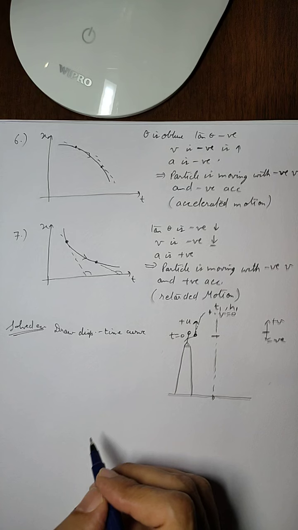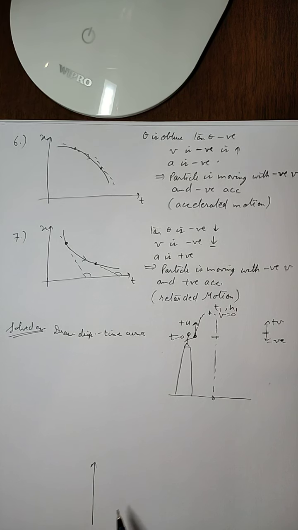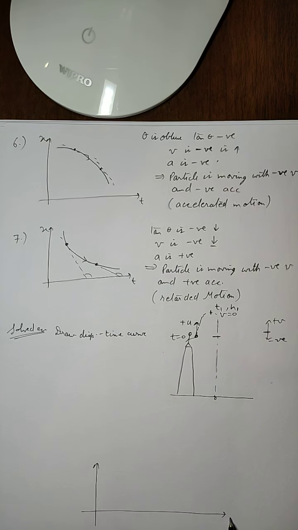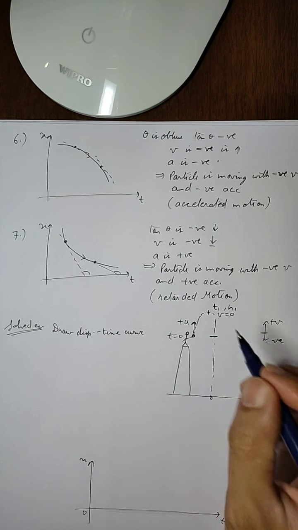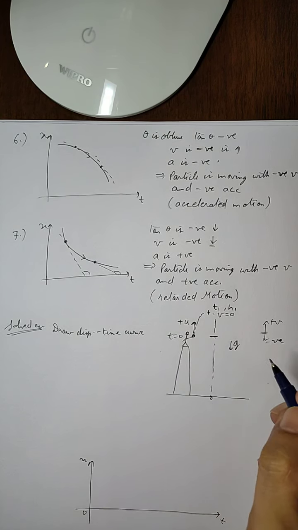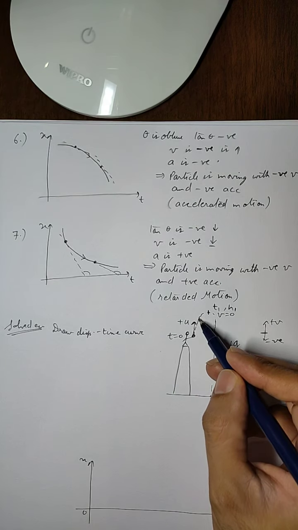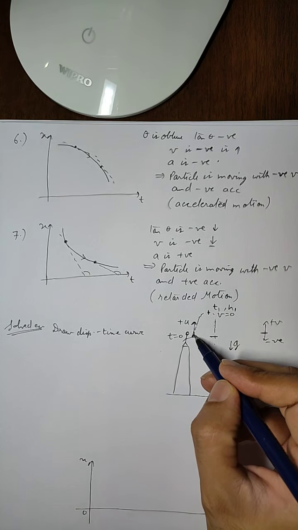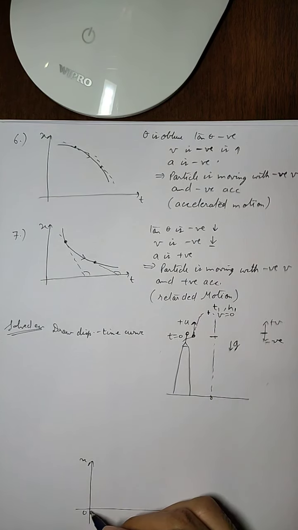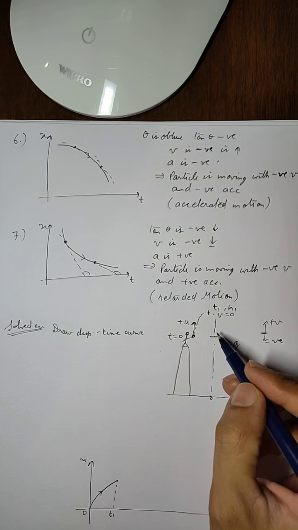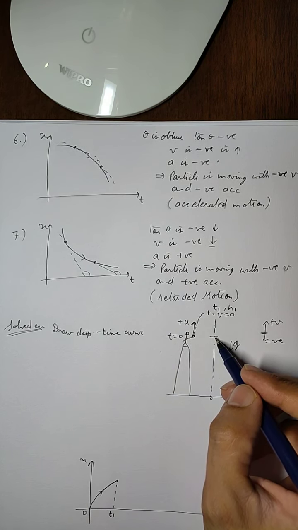So if we plot the graph, I'll make the graph here. It started from 0 from this point, and then there is an upward direction. Now acceleration due to gravity is always downward, so that means the velocity is going to decrease. So there is a retardation from 0 to t1. So our graph will go like this for 0 to t1. There will be a retardation from 0 to t1. After that, when it is coming downward, then there will be an acceleration, and the starting point will be crossed at 2t1.